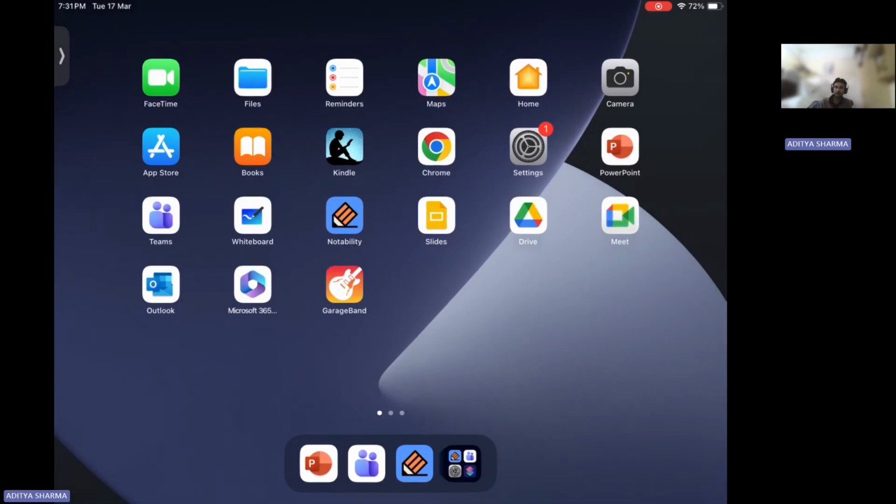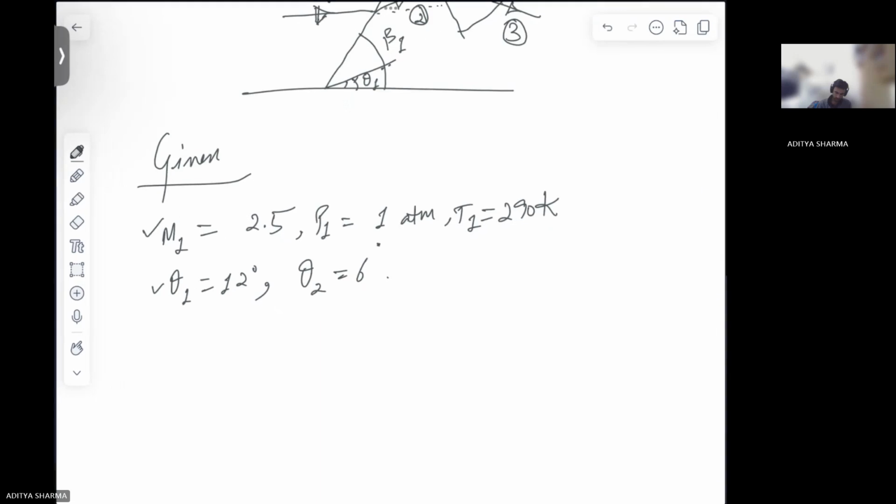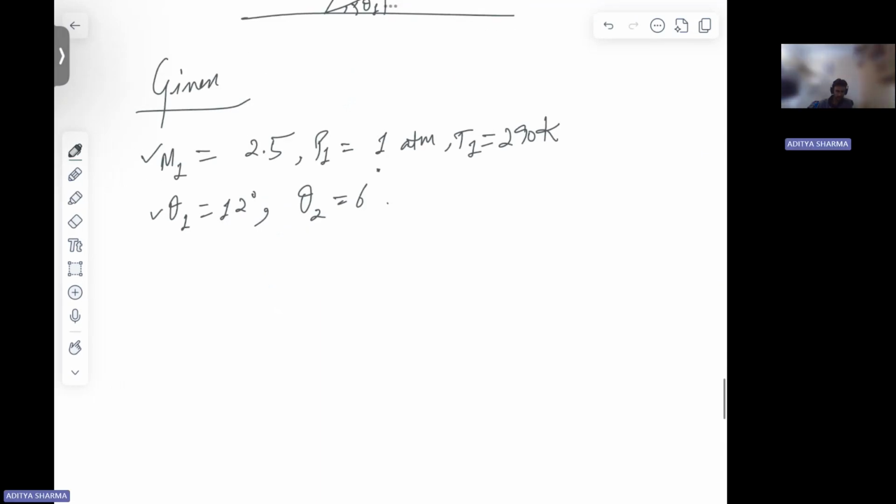So we have learned that in oblique shocks, only the normal component has effect of the oblique shock, and the component which is along the shock wave has no effect, correct? So what we will do,